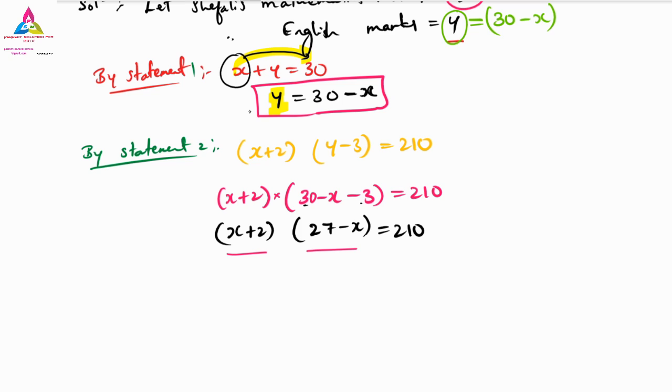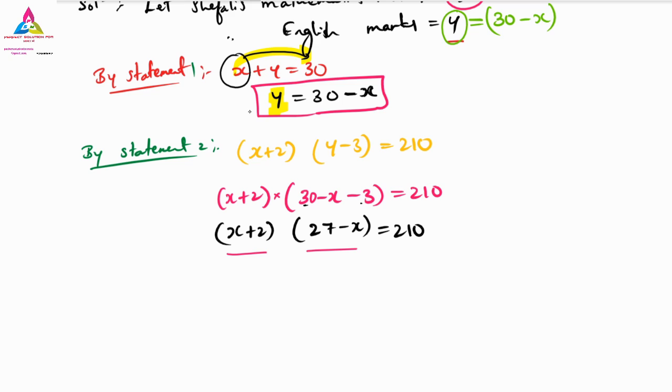It is not in the form of x plus a, x plus b. Because see, the x value we have at the first is positive, but in this case x is negative. So both the x are not equal, because one is positive and one is negative, both are different. So you can't go with x plus a, x plus b.